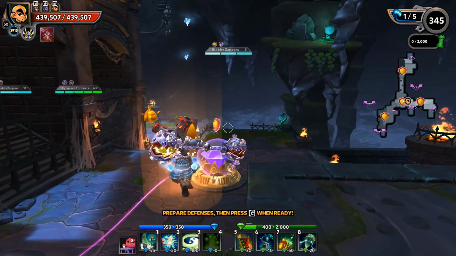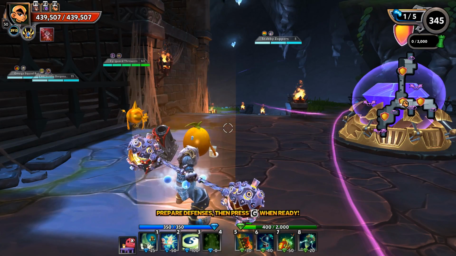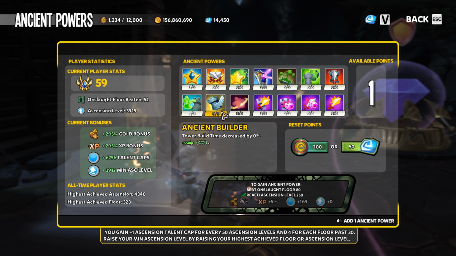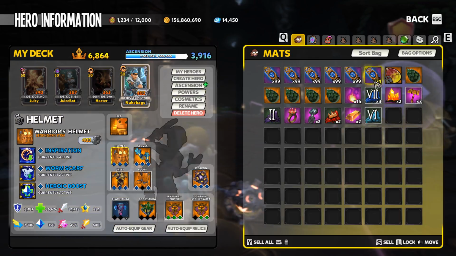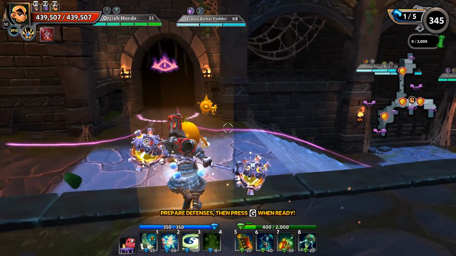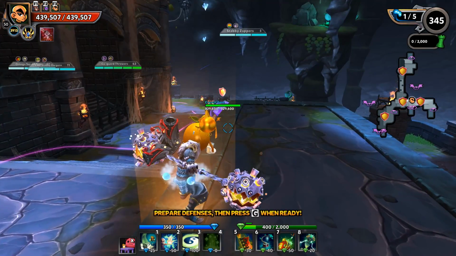I just busted into Ancient Power 59, I believe. Yeah, Ancient Power 59. Still need to put that point in. And doing a quick reset this time, so going with kind of the flavor of the month builds for me